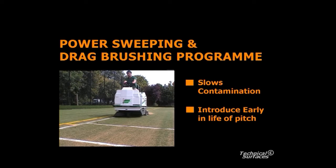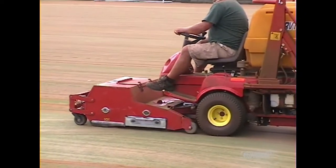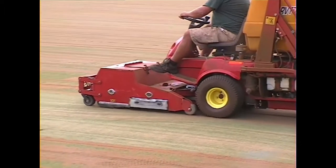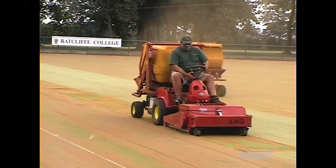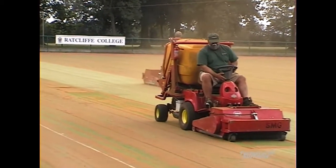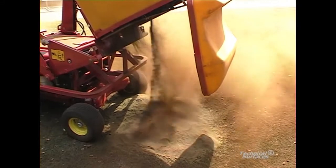Where this has not been possible, revitalization may be the answer. A revite should be considered mid-life cycle of a pitch or earlier if the level of maintenance has been inadequate. The process is similar in theory to power sweeping, but far more intense, getting much deeper into the pile of the carpet. A revite of a pitch can take anything from 1 to 10 days, dependent on the severity of